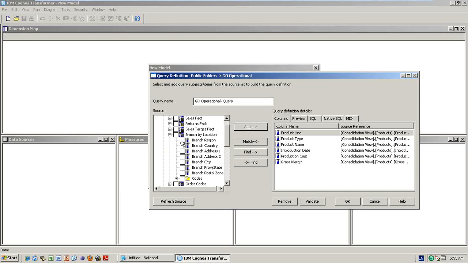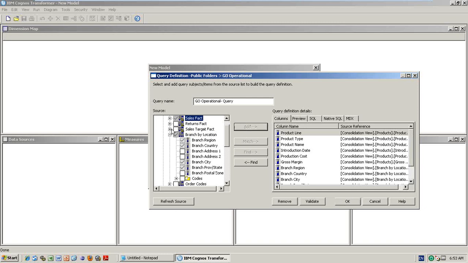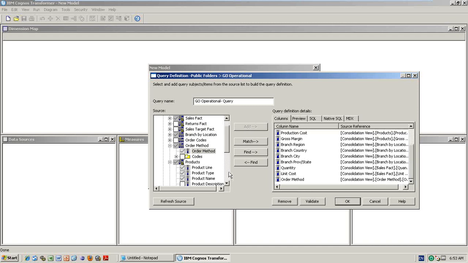Branch by location, region, country, state, and city we will take. And from the sales fact table, quantity and unit cost I want. And any other things, order method also I want. So like this, whatever things you want, you take everything.